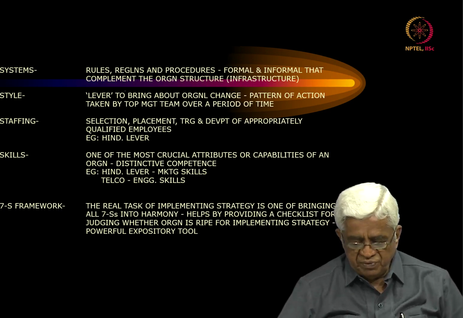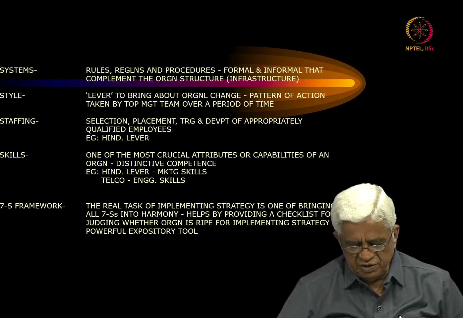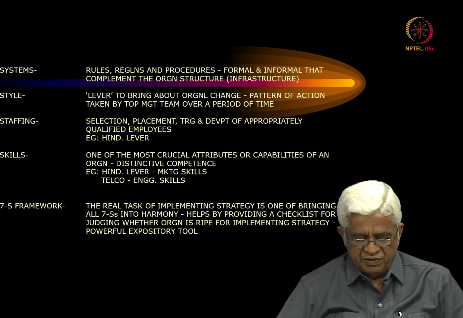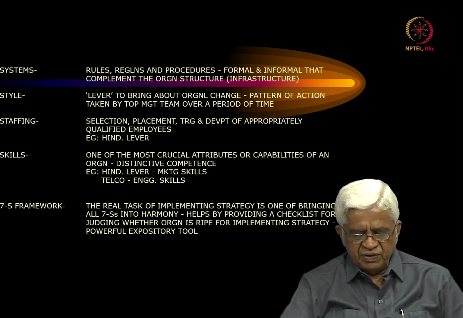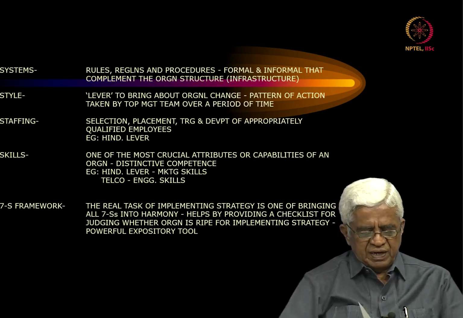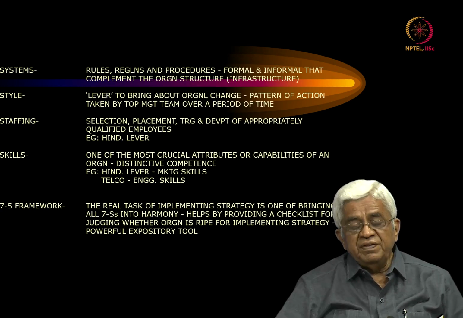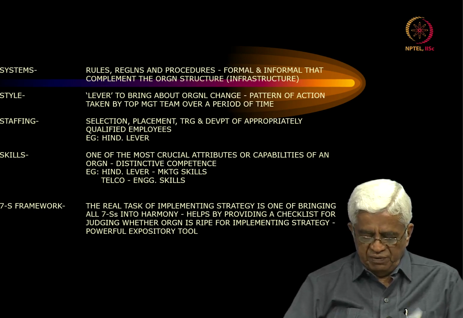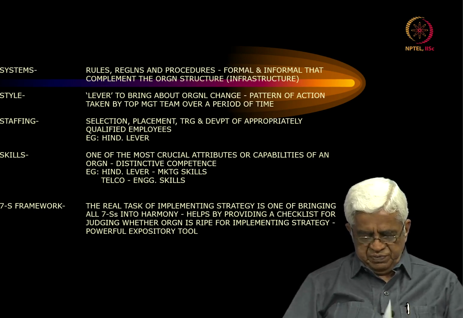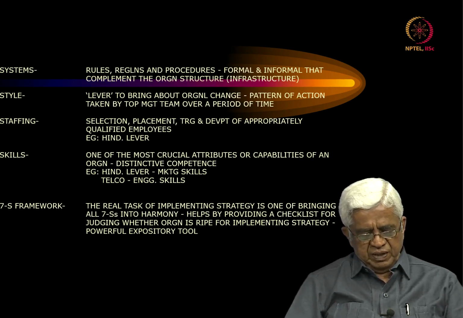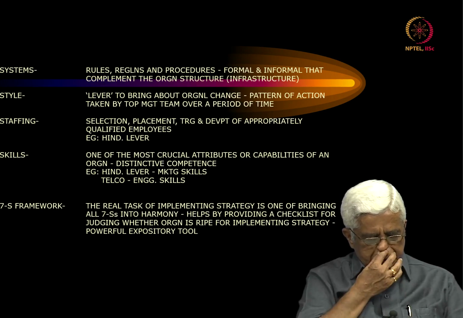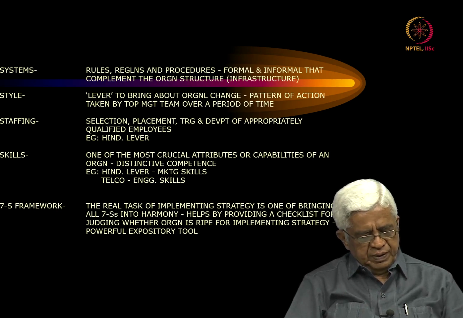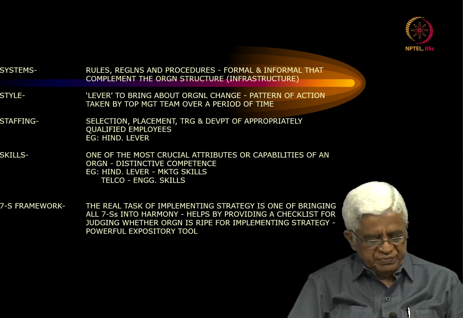There is an appendix 2 in chapter 1 which tells you why this corporate planning may fail in organizations. It gives you the reasons why it fails. Kindly go through list 27 of these reasons. When you come to this 7S framework, it gives you so many things, and it tells you in 2.9 the review of the 7S framework.